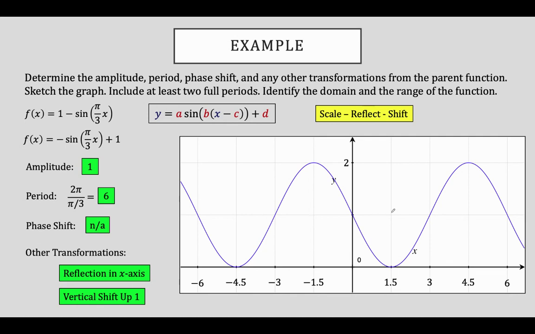All right, so what's our domain? The domain of every single sine and cosine function is always going to be all real numbers. That's a freebie point right there. Make sure you get that one. What about the range? Well, based off of our graph, we see that it crosses or hits the x-axis here. Y equals 0 is our lowest value. Our greatest y value is 2. Therefore, our range is from 0 to